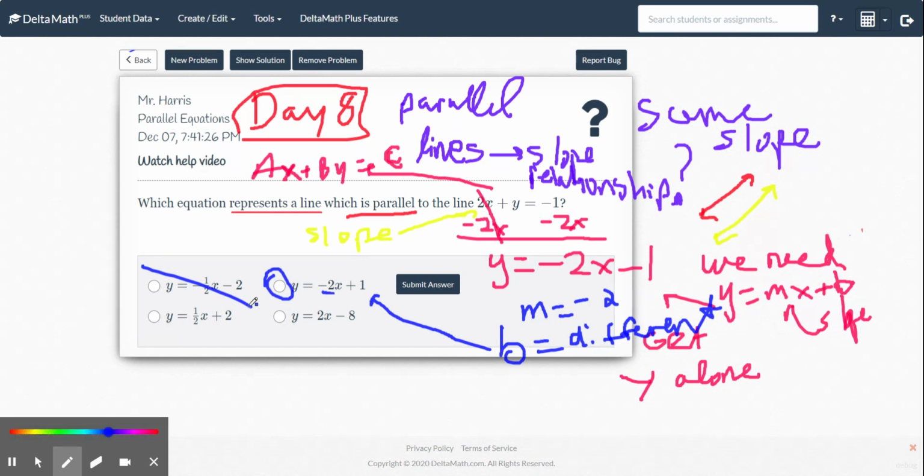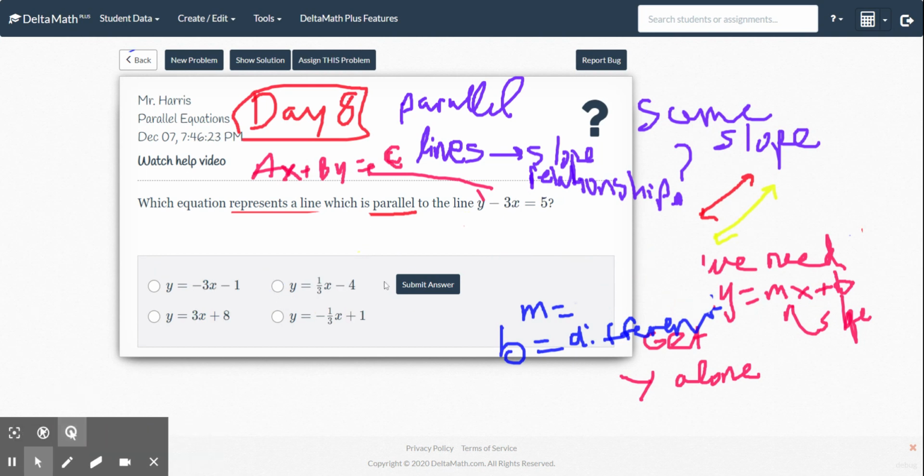So guys, be ready if you want to get this down. You're more than welcome to. I'm about to give you a new problem though, so make sure you get this down before I delete it and put up a new problem. Okay, so here is another equation, guys. We're going to see which equation represents a line that is parallel. Remember, parallel lines have the same slope